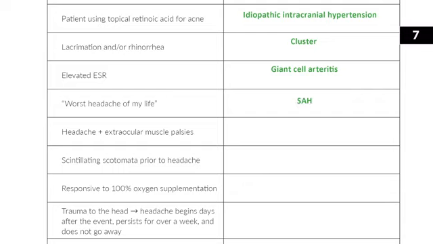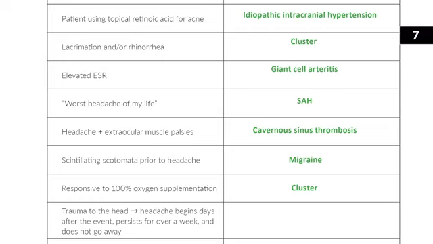Headache plus extraocular muscle palsy. Think about cavernous sinus thrombosis. Scintillating scotoma prior to the headache. That's a migraine with aura. Response to 100% oxygen supplementation. That's cluster headache. Trauma to the head, followed by a headache days after the event that persists for a week